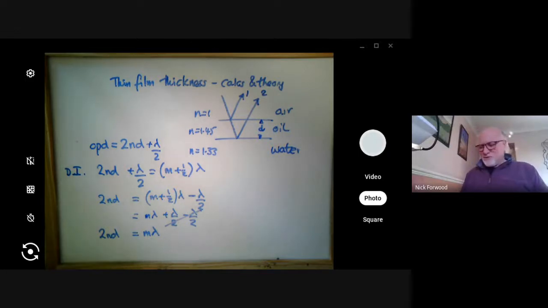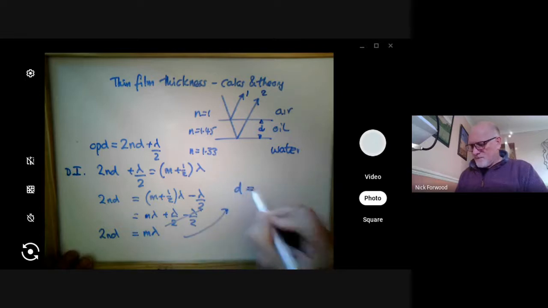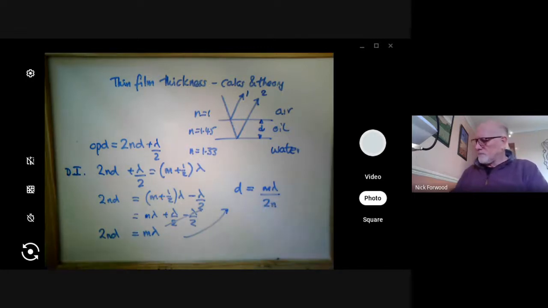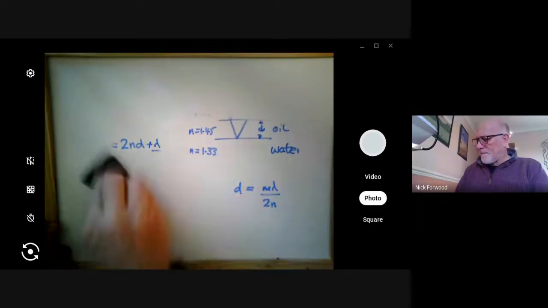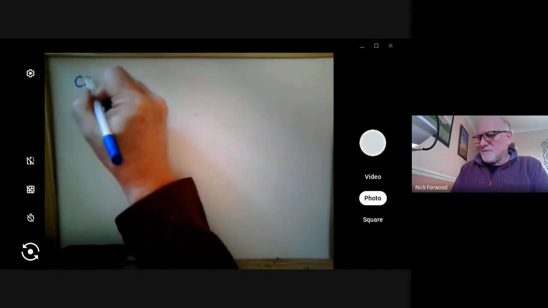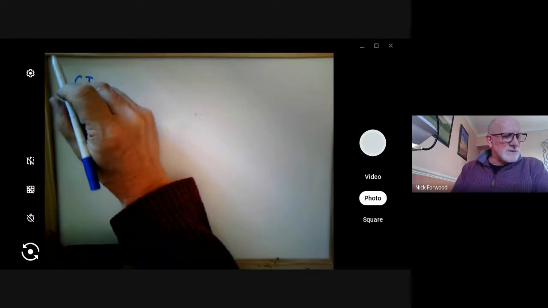So we could have a look at some calculations now to actually work out what is our film thickness. In this case, this is m lambda over 2n. So for constructive interference, our film thickness is